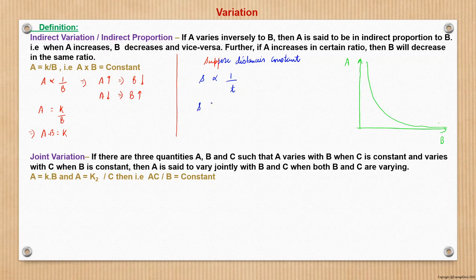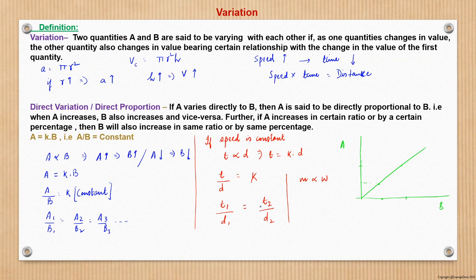So this I can replace here, and I can write speed into time is equal to k, and here k is nothing but distance, we know. So this is a very basic of some proportionality. And one more thing, when we say here, or even in the previous expression, here is constant.